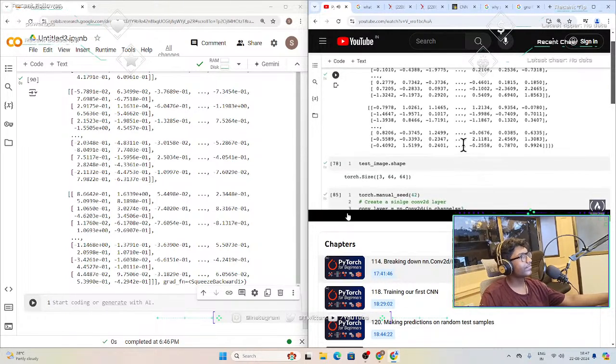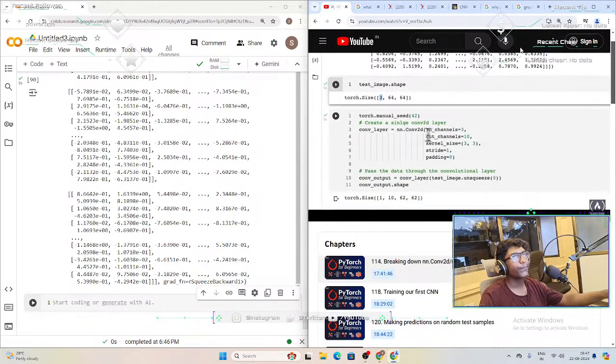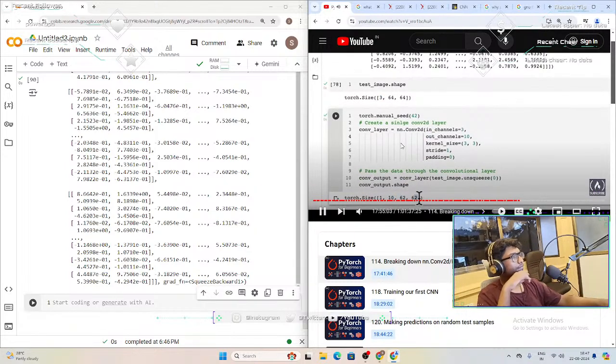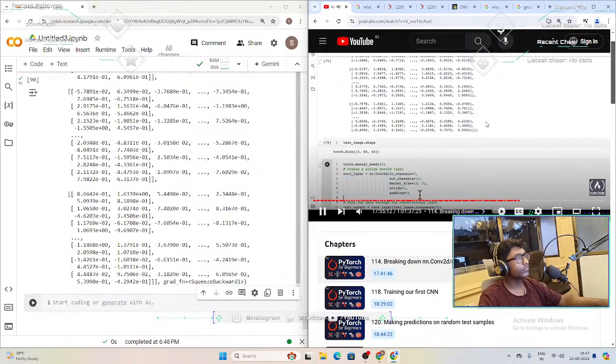Input and output shapes. Do you see what just happened? We put our input image in there. And now, because we've set out channels to be 10, we've got 10, and we've got 62, 62, and this is just the batch size, it just means one image. So essentially, our random numbers, our test image, have gone through the convolutional layer that we created, have gone through